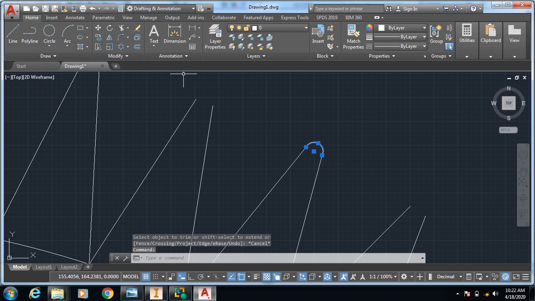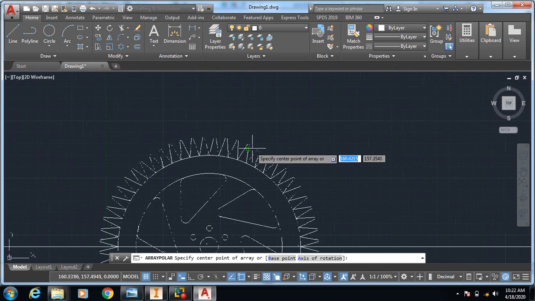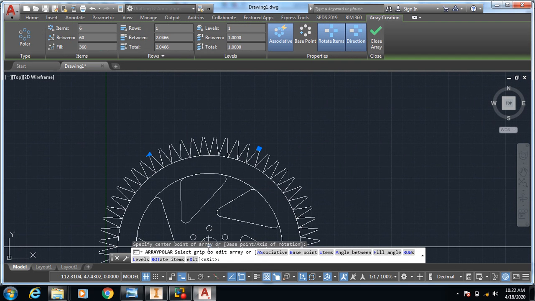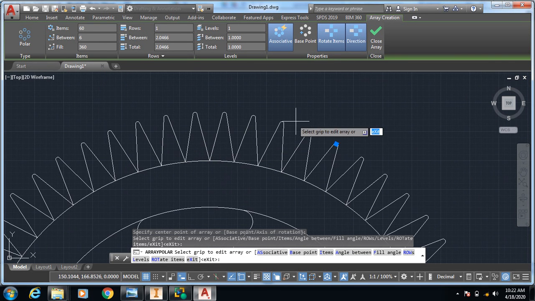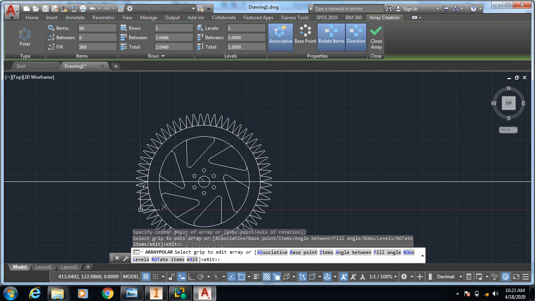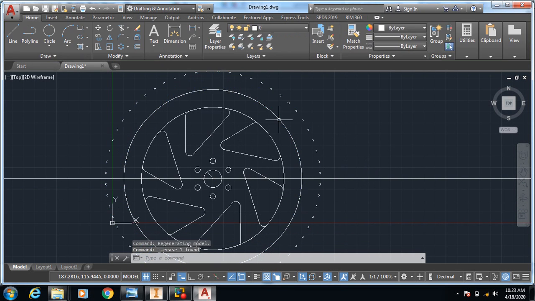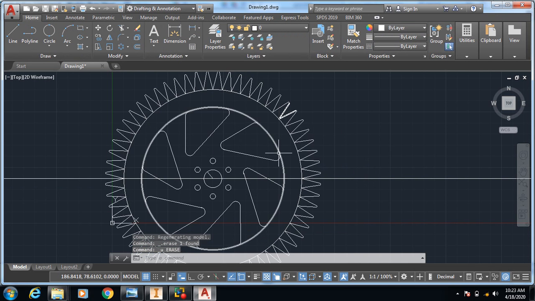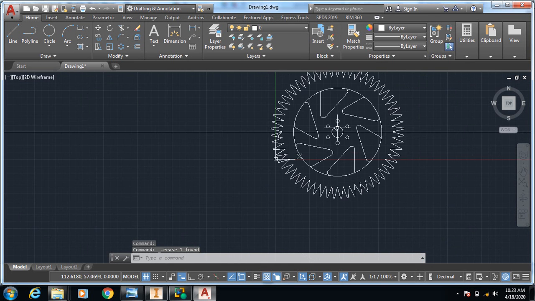Again select this one. Take a circular array. Now we need to select the center again, this one. Give the number 60. So now friends, you can see this is completed. What's next? Now you can delete this circle, it's not in use now.